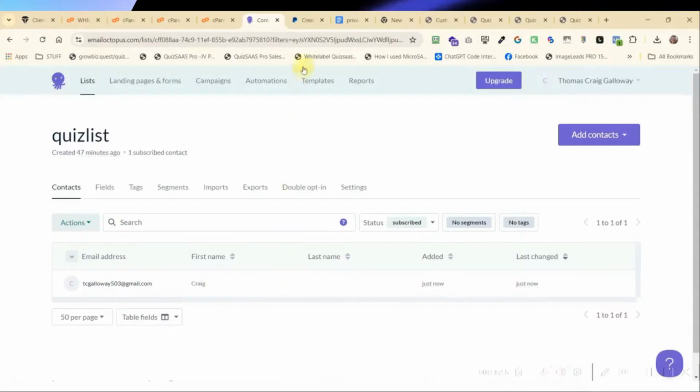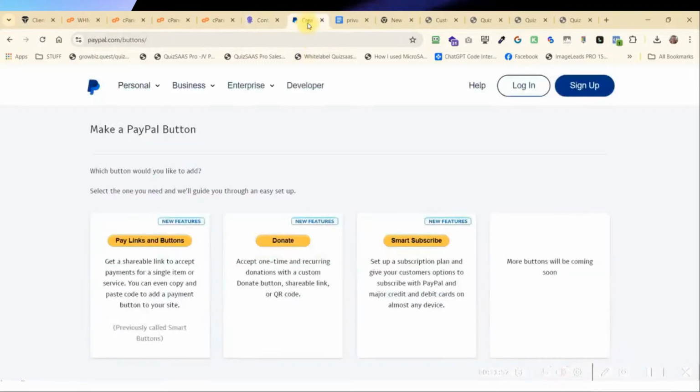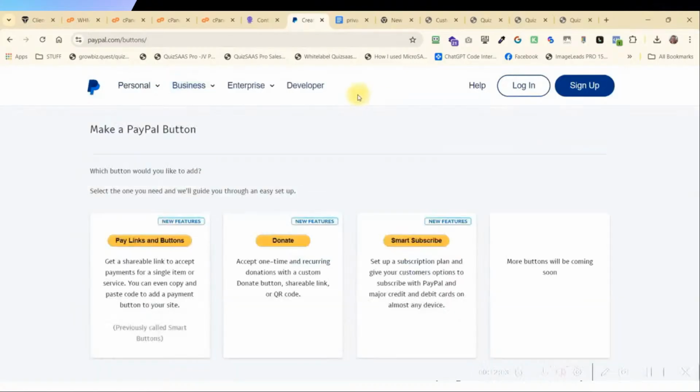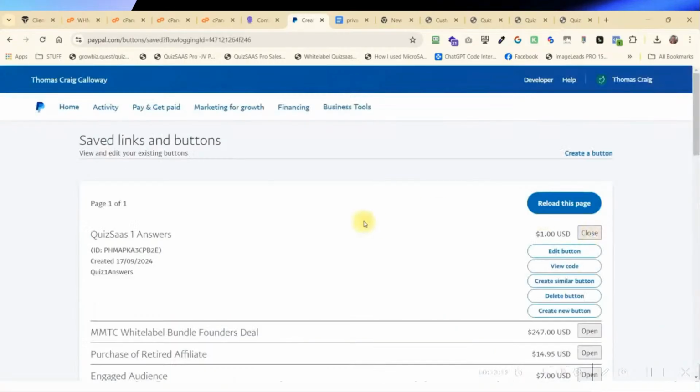So I'm going to use PayPal in this situation. I'm inside PayPal, and I'm inside PayPal buttons. I'm going to just look at my buttons, and I'll show you what I've done. So just bear with me while I do that. I'm inside PayPal, and I've already saved a button in here called Quiz Saas Answers, and I'm going to